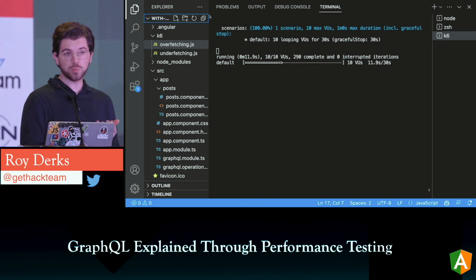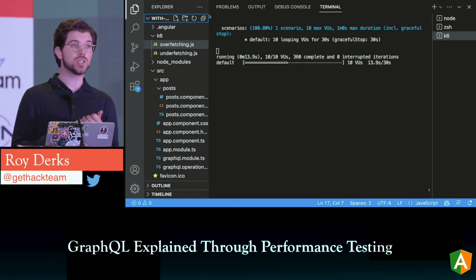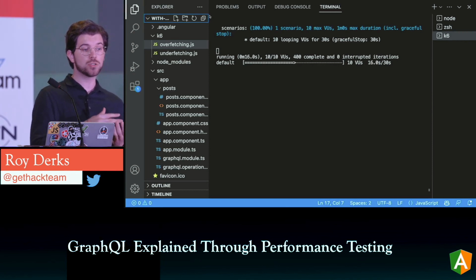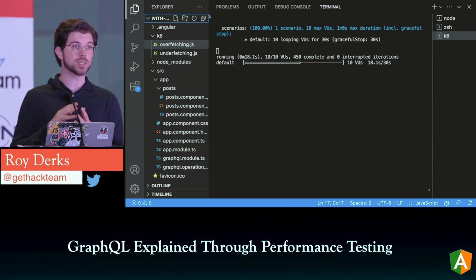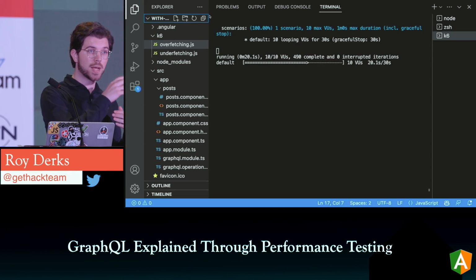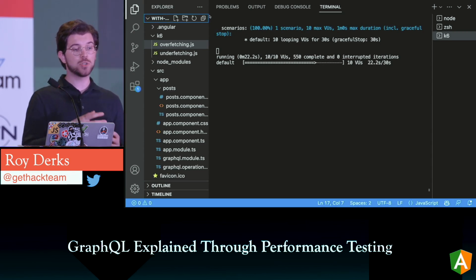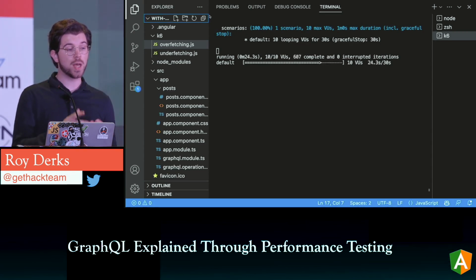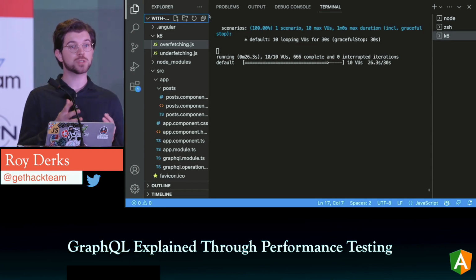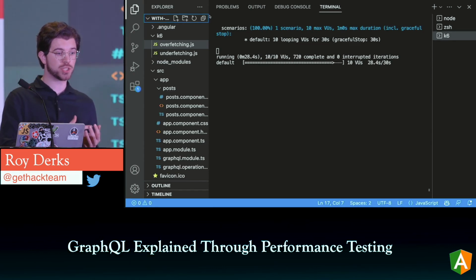So now this is the second request, and what we should see is less data being used, but most of all there should be space for more requests, because we're getting less data back, so it takes less time to parse, and we should be able to see more requests and less data. But of course, the more requests we can do, the more data we will receive.